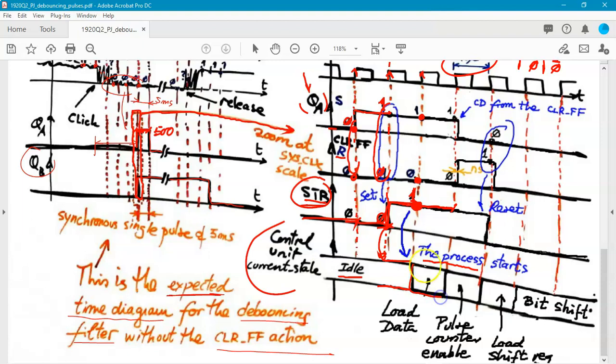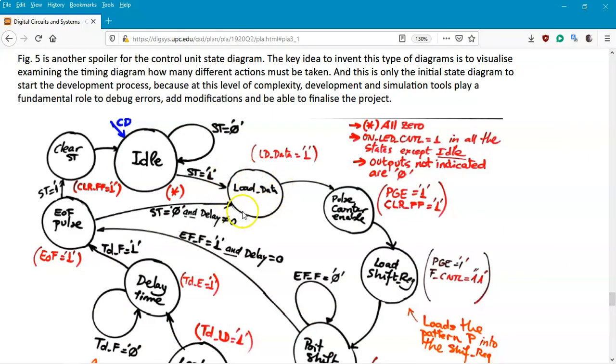There is a jump here from idle to low data, and then another one, because now the process is not going to be depending anymore on the start button, because the process has already started. Okay? So now in the low data, if you see the configuration of the control unit state diagram, in the low data, nothing happens in relation to the